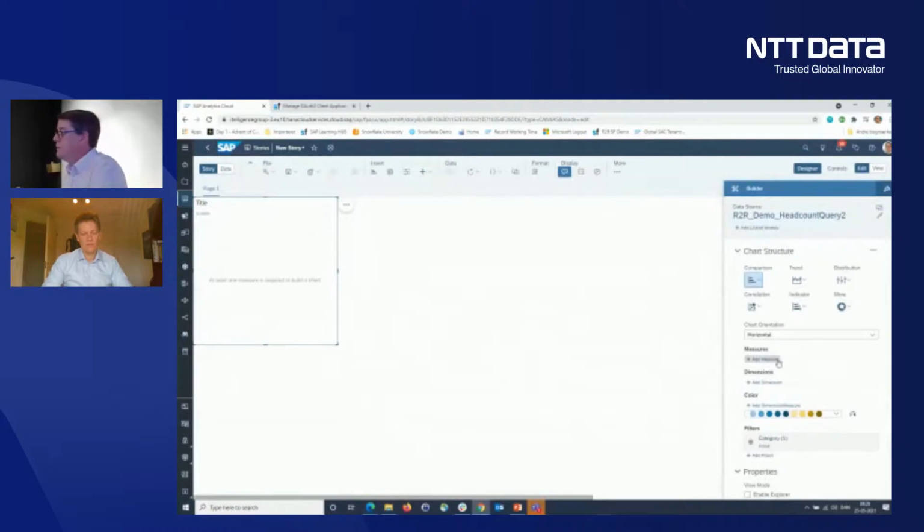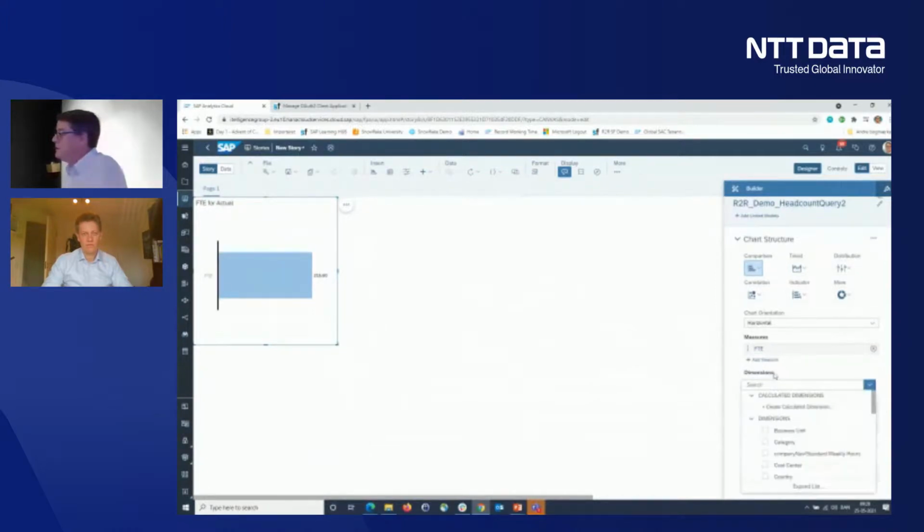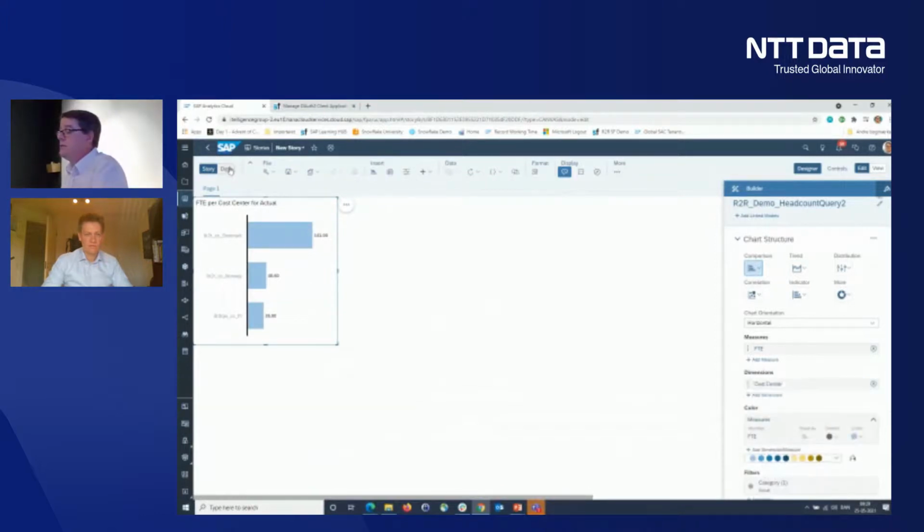And then what I would like to see here, I can then add a measure. I would like to see my count of full-time employees, and I would like to see it based on a dimension like the cost center. So now I've got a nice quick overview of how many full-time employees I have per cost center. The next thing we would like to show is how we can combine this data with some other data that we have. So if I click on the data tab,